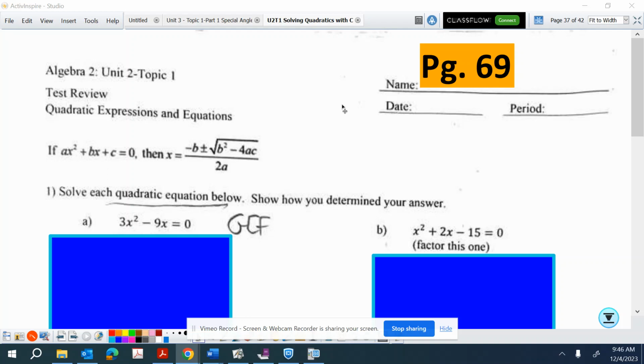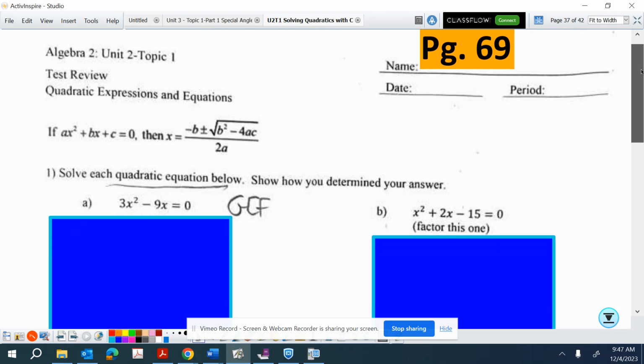Algebra 2, this is the test review for Wednesday's test. As you can see from the top, I am starting on page 69, and I'm going to go through page 72, and I'm going to do one or more of each type of problem you could possibly see on Wednesday's test. So, the instructions for problem 1A say solve each quadratic equation below, show how you determined your answer, and